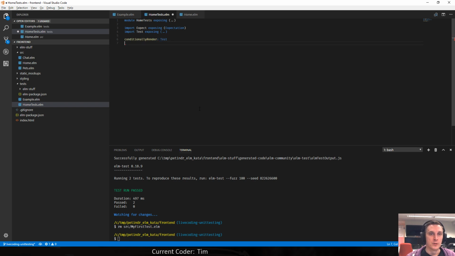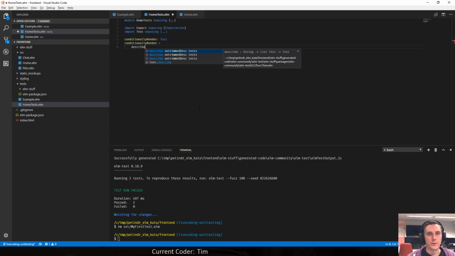It's a test, and first we start off with a describe. In this case, I've got one file representing the test cases for one source file.